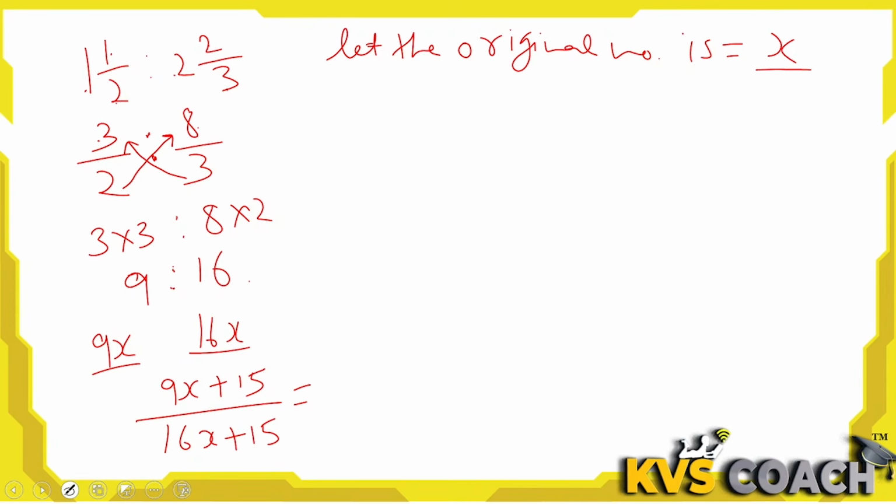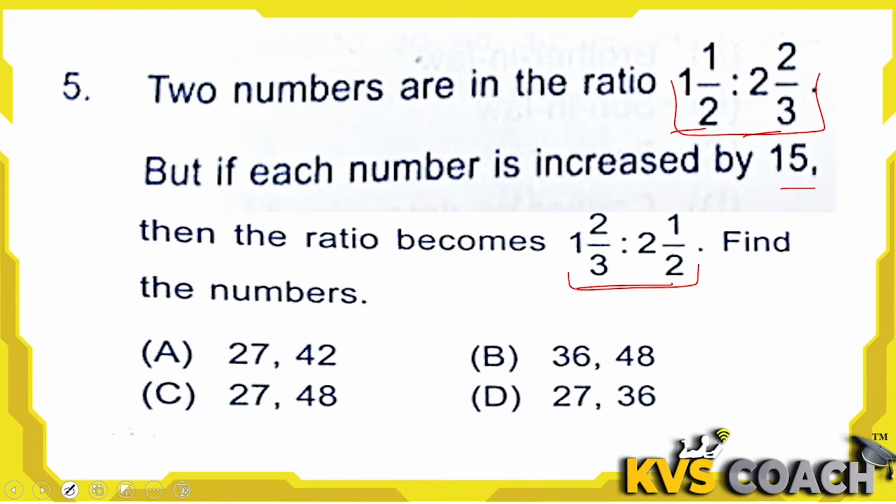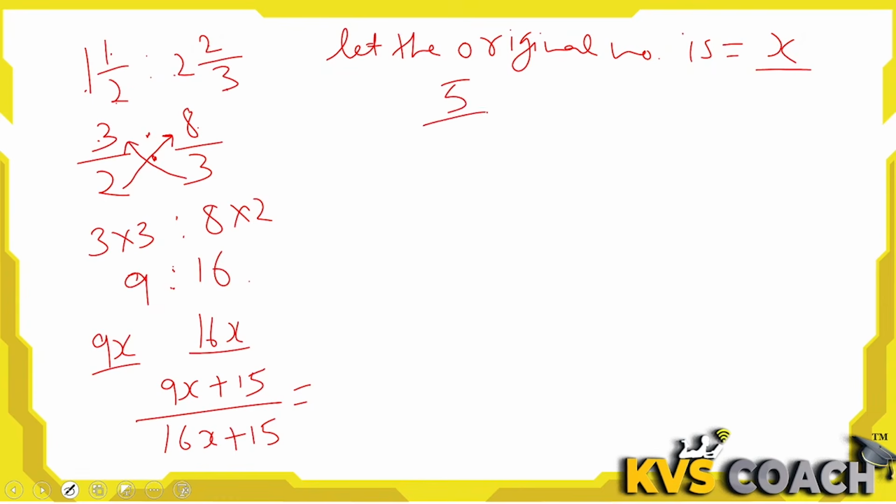Then what will be the value? Let's check. The value will be given in the next number. This is the next number. Okay, then it became this. After adding, let's solve them. 3 ones are 3 plus 2, 5, so the number will be 5 by 3 here. Simplifying, 2 2s are 4 plus 1, 5, 5 by 2 here. Then the ratio will be 5 by 3 is to 5 by 2. I have simplified the number.